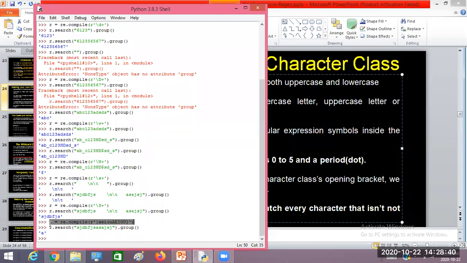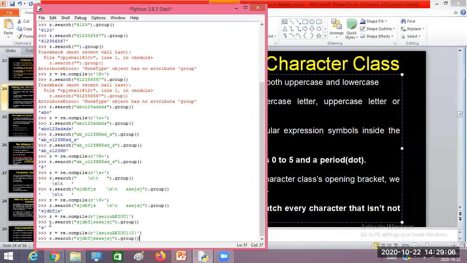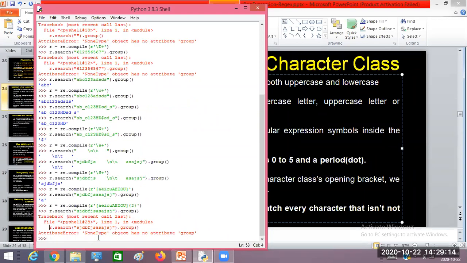Likewise, if you want to match one or more occurrences of a vowel, you can put a plus mark. If you want zero or more occurrences of a vowel, you can put a star. In combination, suppose you want at least 2 continuous occurrences of a vowel, then you can use this one. Now if I execute this text on this pattern, it is not going to print because there are no 2 continuous vowels. It's an error now.